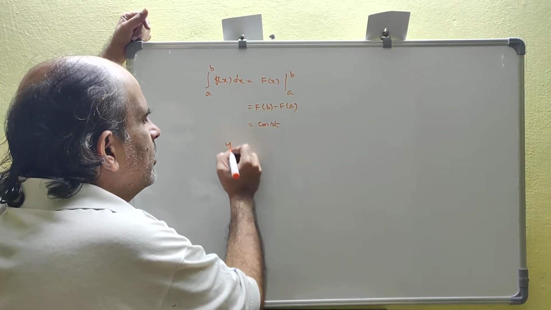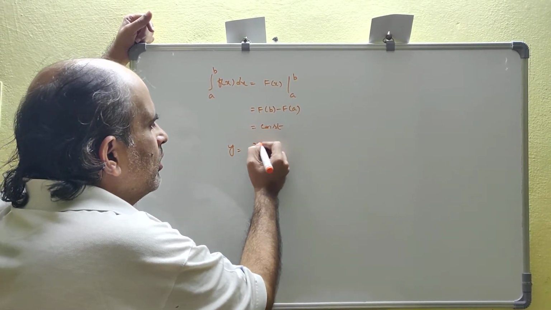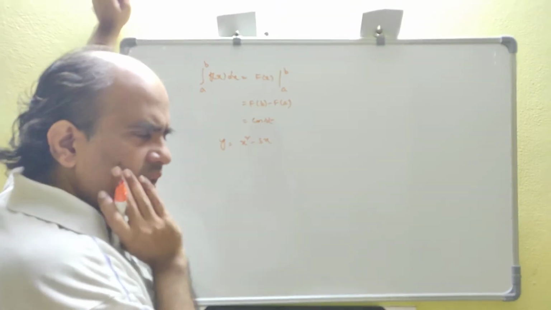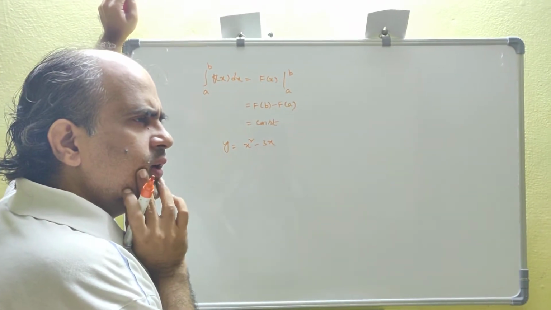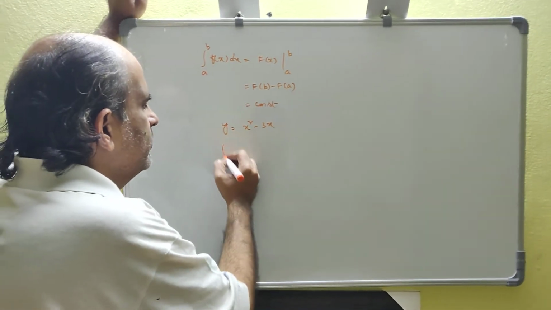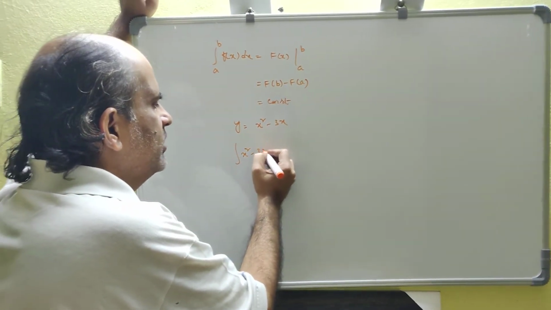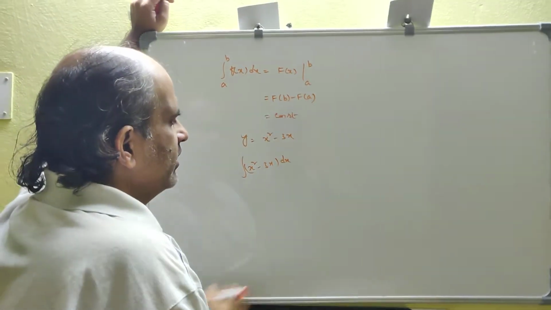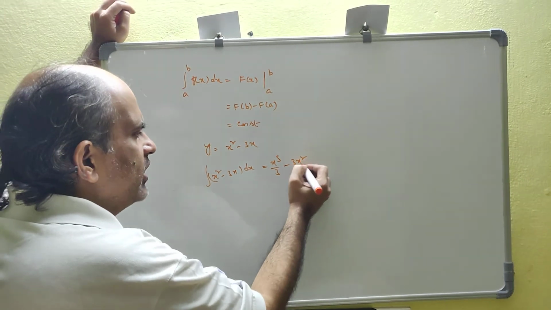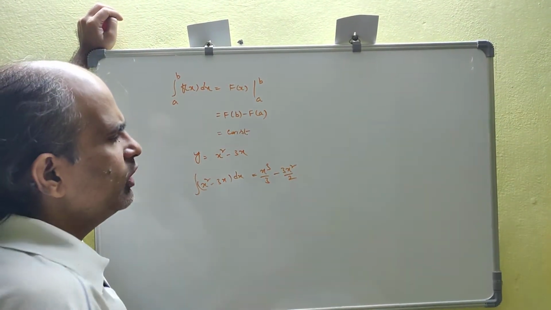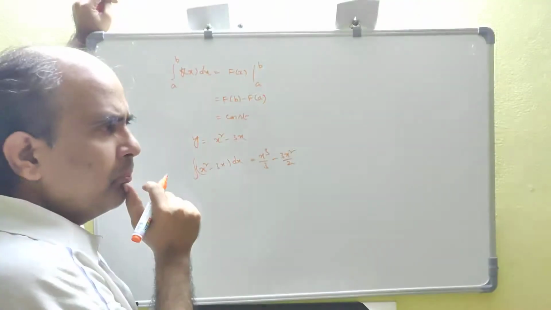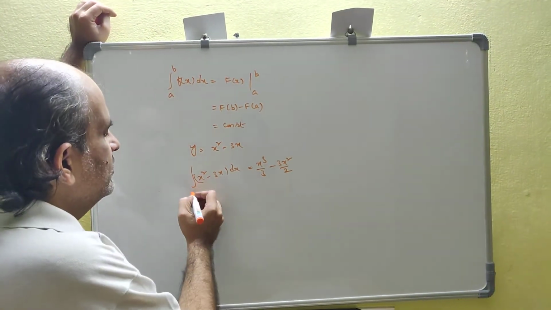If I say y is equal to x squared minus 3x, and I ask you to integrate this, yes, you can do it: the integral of x squared minus 3x dx is x cubed by 3 minus 3 times x squared by 2 plus c if it is an indefinite integration. But if I put the bounds to it as 0 to 3,